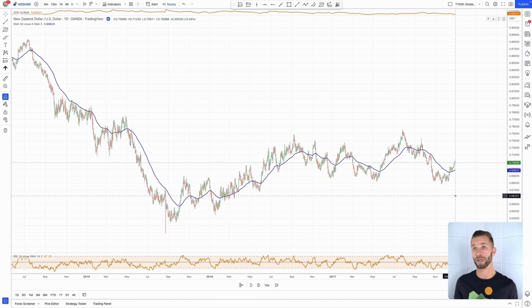To identify support and resistance levels, we'll look at the charts and identify areas where price made significant moves away from and where price interacted with multiple times. This process can be quite subjective, so ensure you outline a few rules to make it as consistent as you can. We're on the New Zealand dollar US dollar daily chart, and I've wound the charts back to the start of 2018 so we can mark out some support and resistance levels and see how price reacts to them